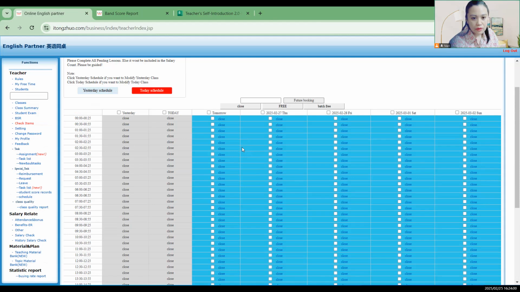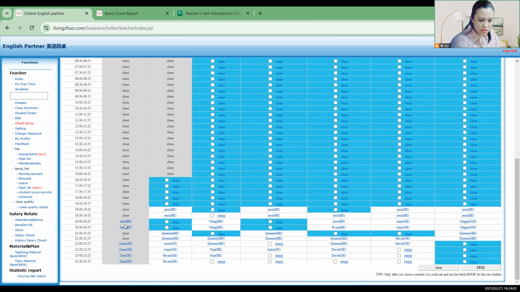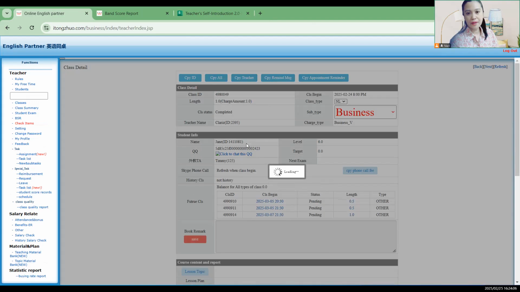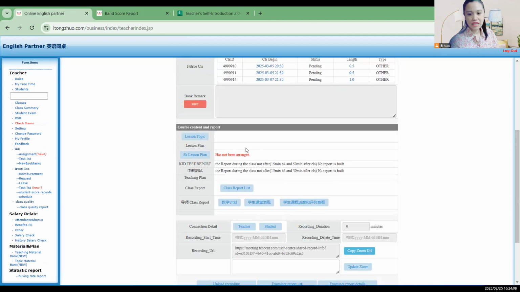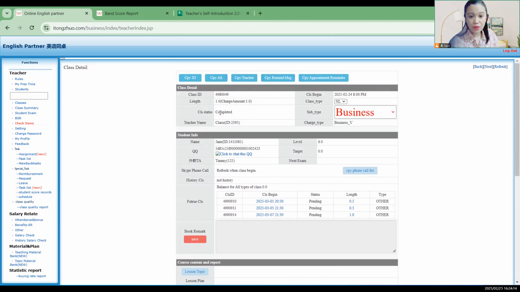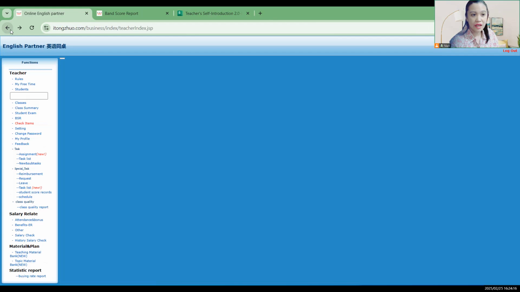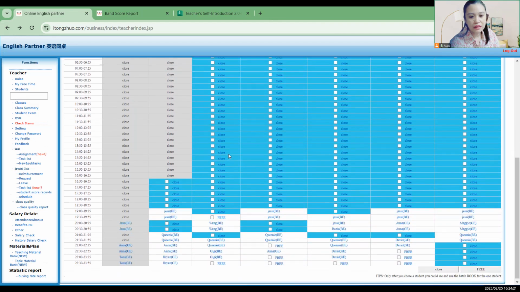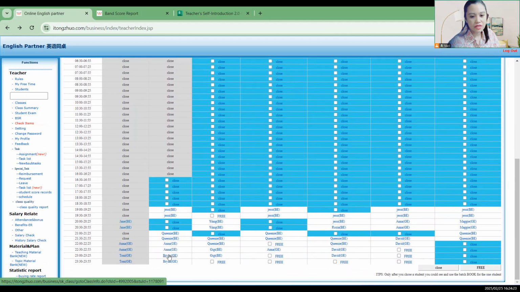So today's and yesterday's. General English, this one. Class detail page. As you can see here, this one is completed. I should also show one that is not yet completed tonight. Let's see this one.